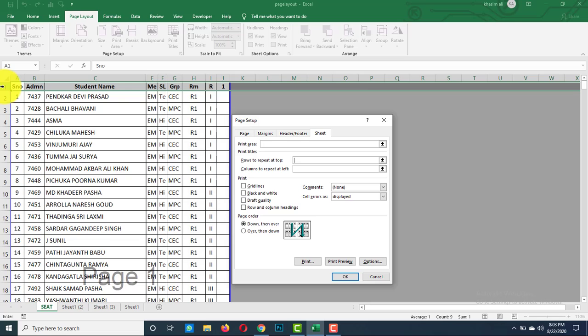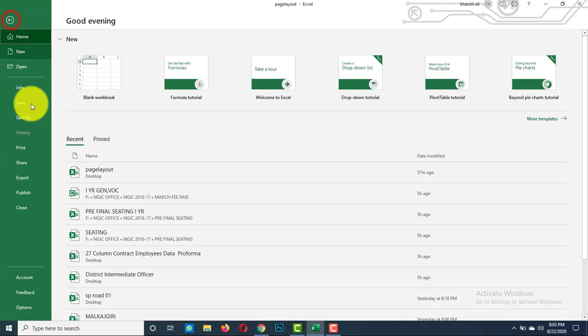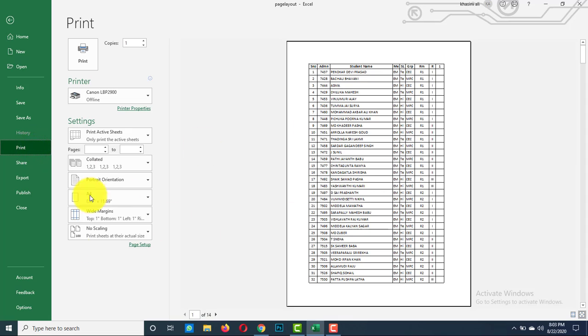I am clicking on row 1. It automatically adds $1 to $1 and click on OK. Now check your print preview. See, now the heading will be printed in all pages. Like this, you can set it to columns also.